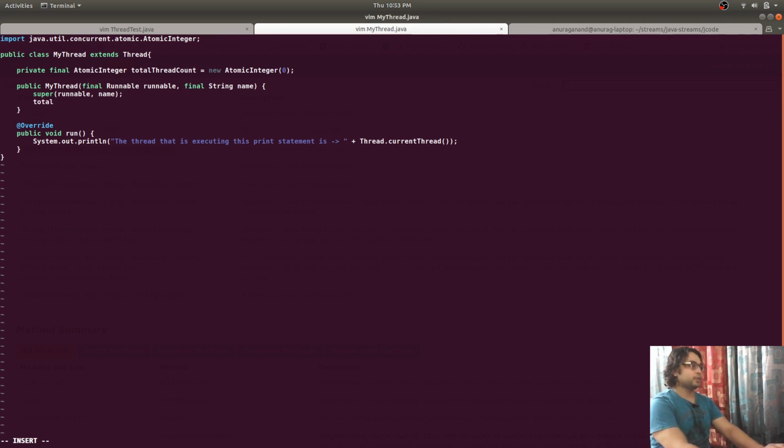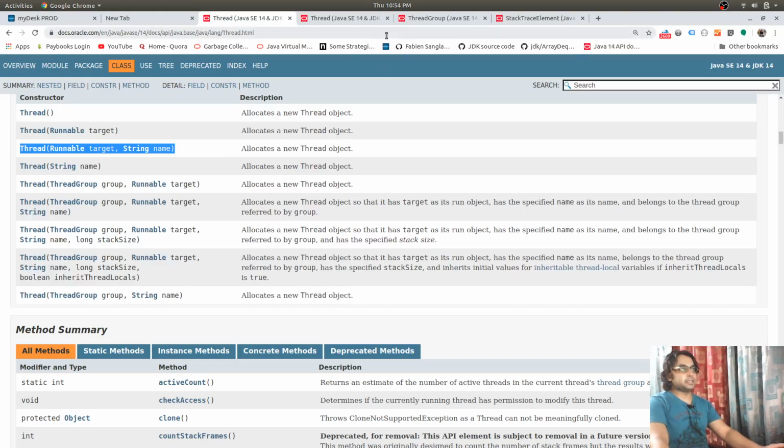And I'm going to have a total thread count, which is get and increment, or increment and get.